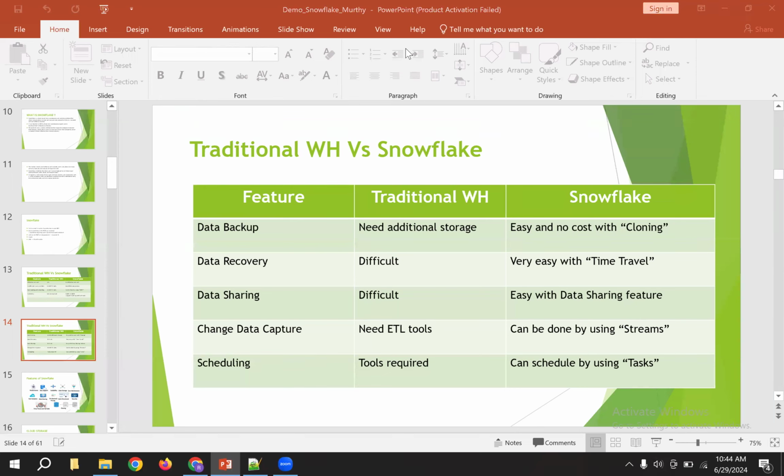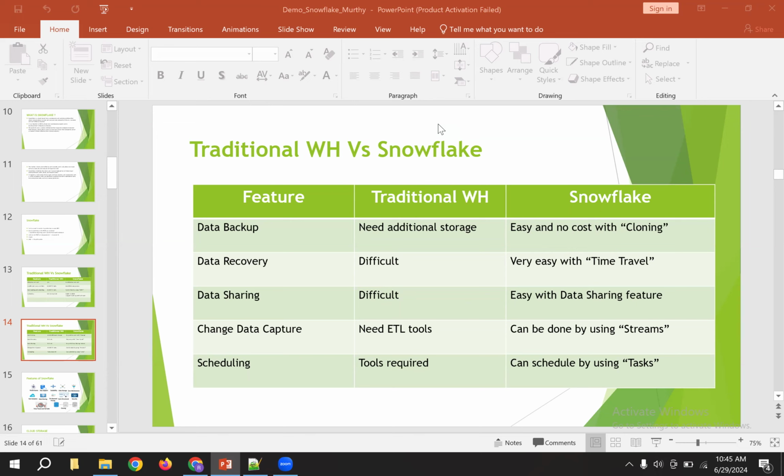Okay. Here in Snowflake, you have a feature called time travel. If you lose some data, or if you want some historical data, like last month's data, or my database has crashed, I want to recover that. Easily I can recover it by a feature called time travel in Snowflake. Time travel is a very important feature in Snowflake. It is going to recover the lost data, or if the data is suddenly updated and you want the previous data, everything you can get by using time travel, guys.